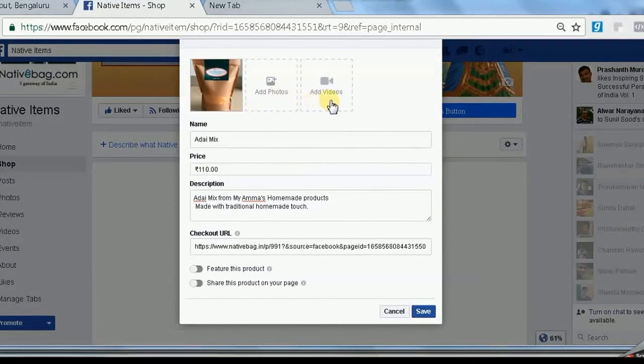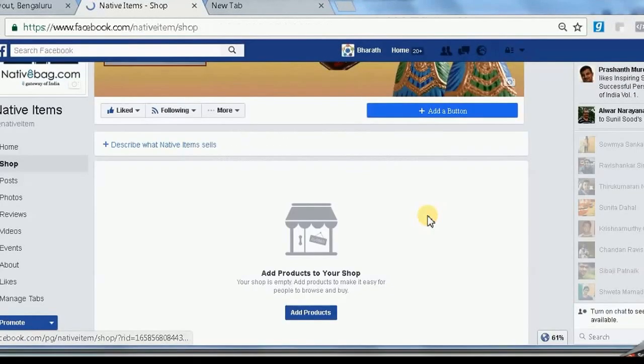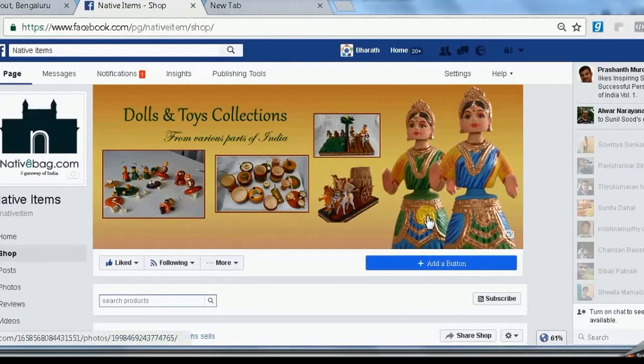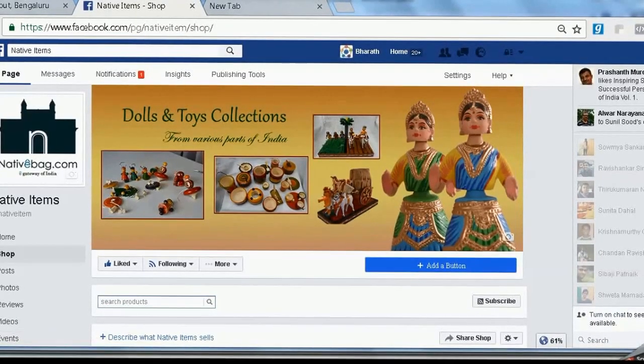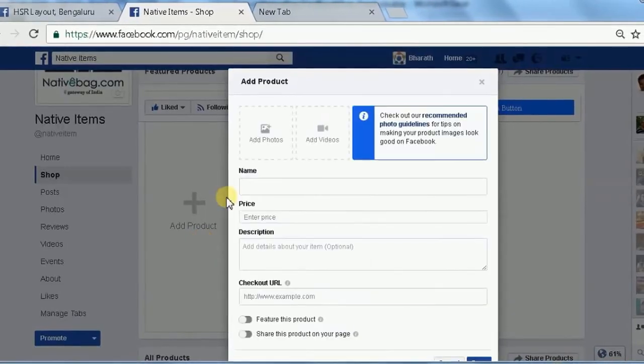You can also add multiple images over here or videos, and you can feature the product and click on save. So your first product is added now. You can see it in the featured list itself.